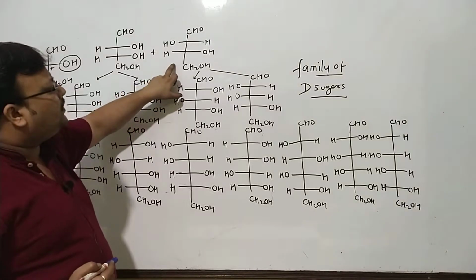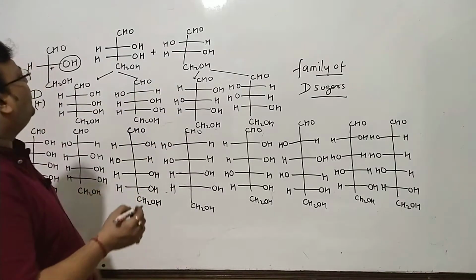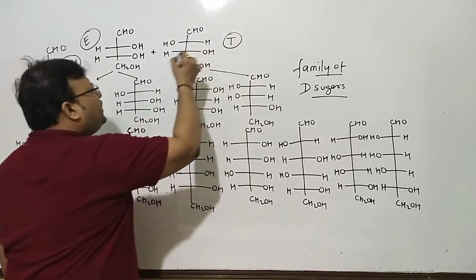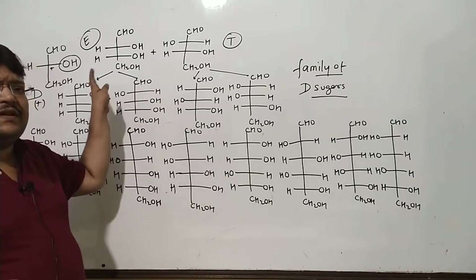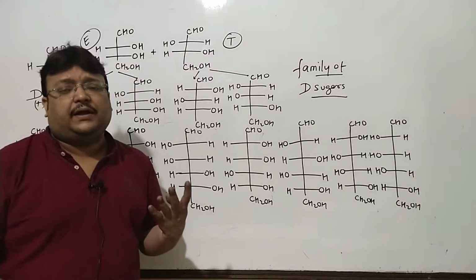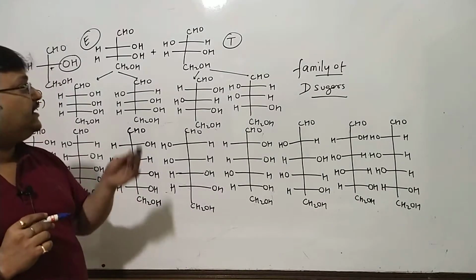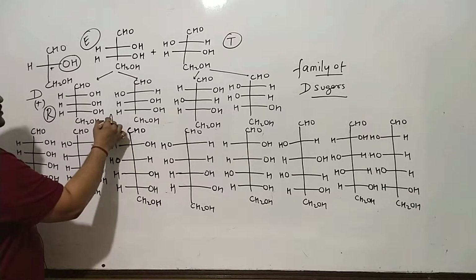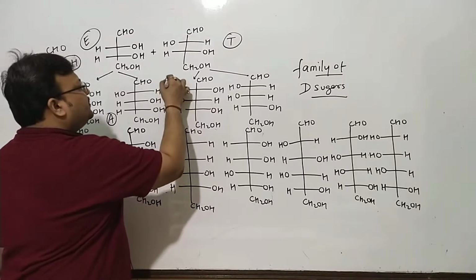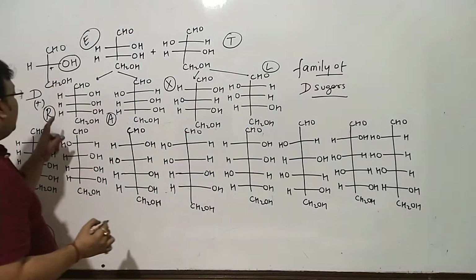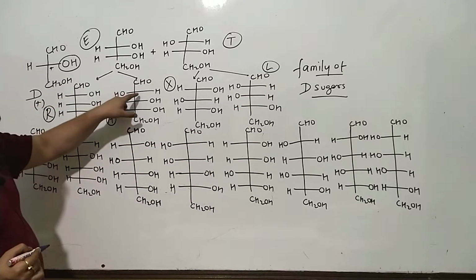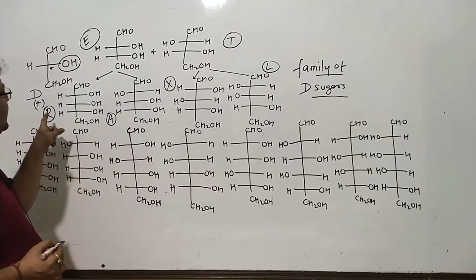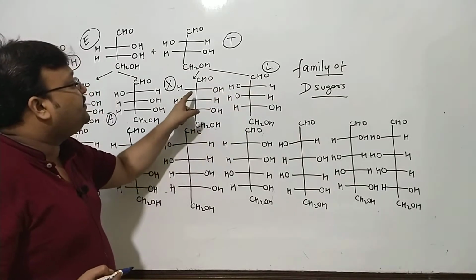Here, for these aldotetroses, I'm going to name them. They're called erythrose, threose. Maybe I'll only use the first letters of the name because these names need not be mugged up. Erythrose, threose. Then this is ribose, arabinose, xylose, and lyxose. So ribose and arabinose are again C2 epimers. You number it from the functional group, at carbon 2, OH to the right, to the left. Ribose, arabinose, xylose, lyxose, they are C2 epimers.